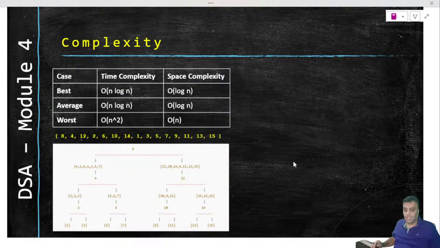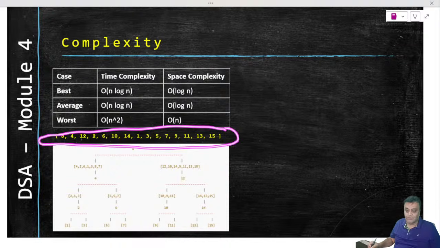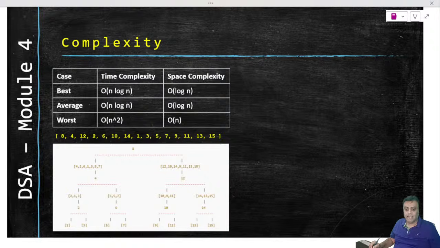When you see an array like this, let us say I have an array like this, right? And let us say that this array will be actually given to us to do a quicksort. Then what is going to happen is 8 we will choose as our pivot. So after the first iteration, what will happen? 8 will find its correct place somewhere here. All elements to the left of 8 will be lesser than 8. All elements to the right of 8 will be greater than 8.